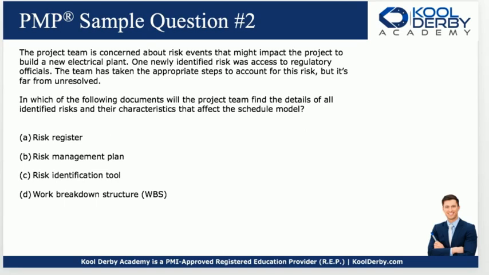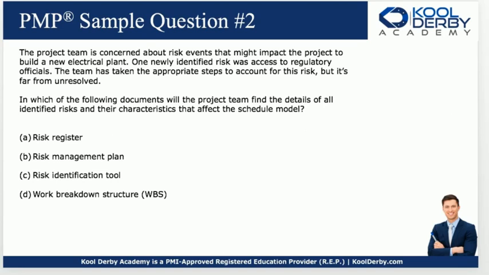All right, so now we're moving away from the scenario and we're being told specifically, hey, do you know the document that the project team can use to find the details of the identified risks and those characteristics? What is a characteristic of risk? Is it internal? Is it external? Is it related to government? Is it complex? Is it one that you need to solve quantitatively versus qualitatively? Those are details, characteristics, and how they affect the schedule model. Okay? Is it A, the risk register, B, the risk management plan, C, the risk identification tool, and D, the